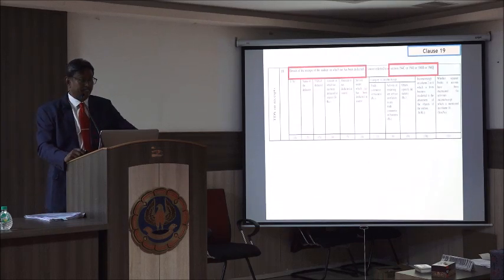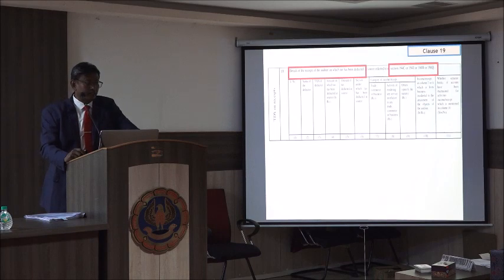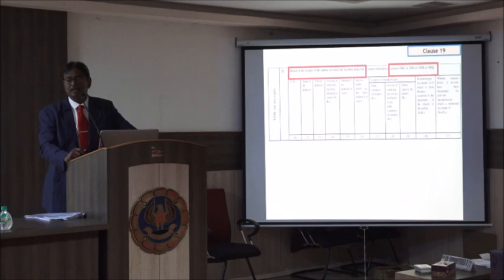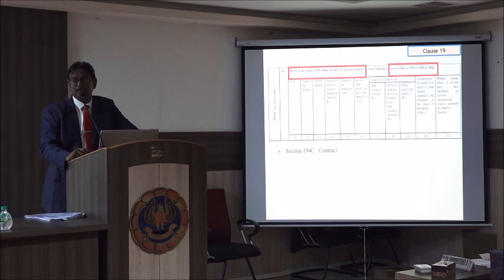Now clause number 19: details of the receipts of the auditee on which tax has been deducted. On the receipts that the non-profit organization receives, what TDS has been deducted, under which sections? Sections 194C, 194J, 194H and 194Q. We all know 194C is contract payment, J is professional and technical, H is commission.